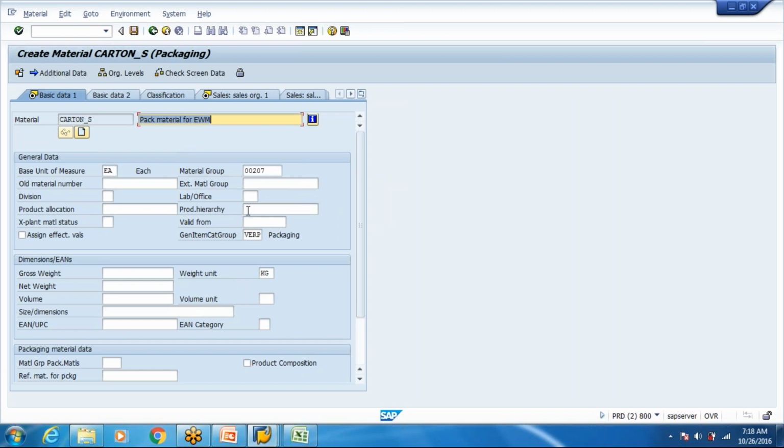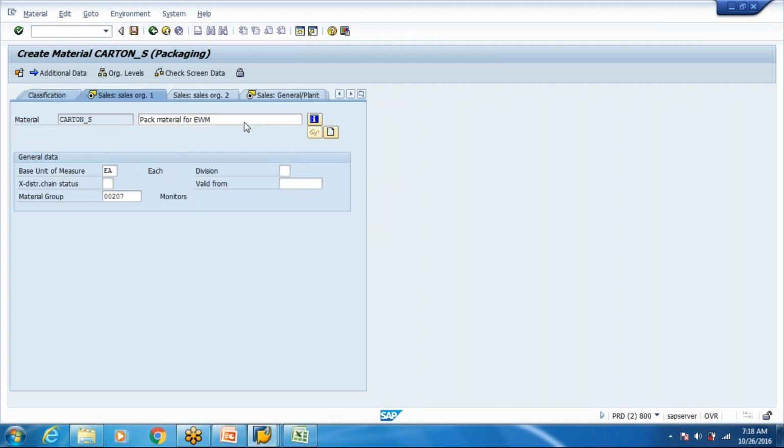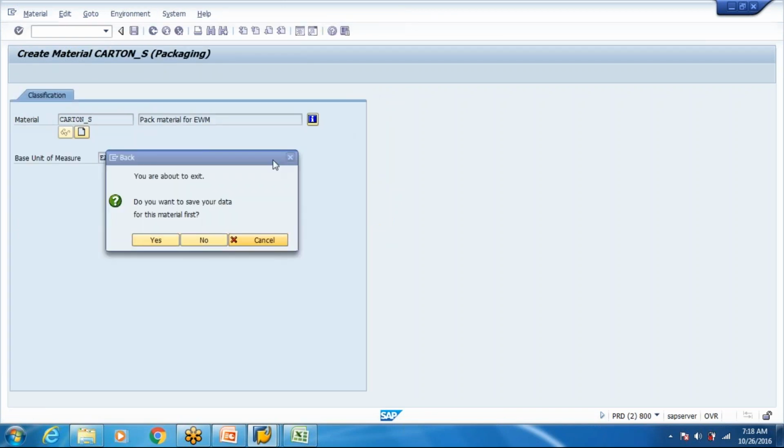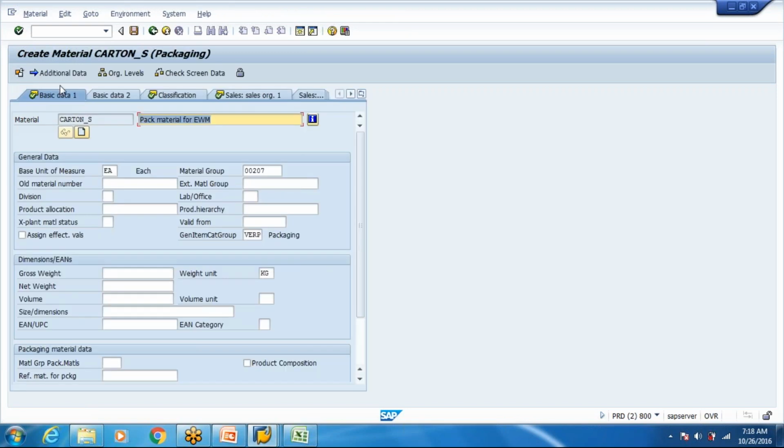So here you can see this is the entry. Don't get confused with this material group here.